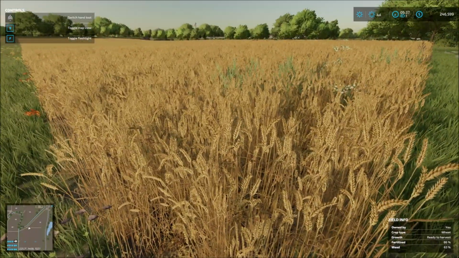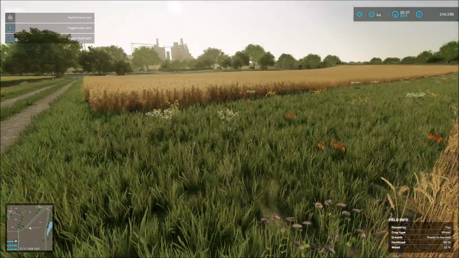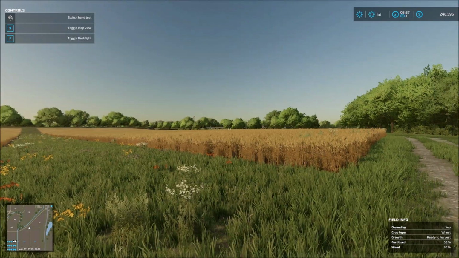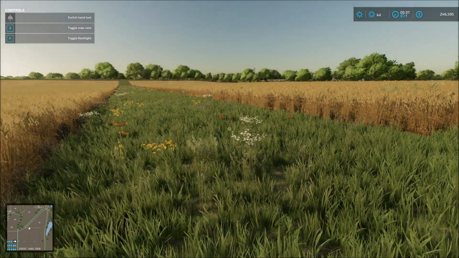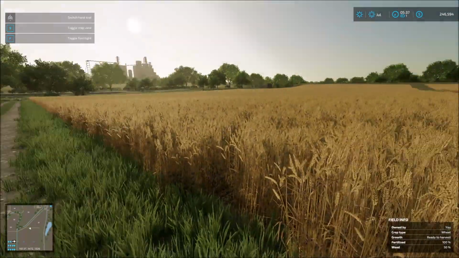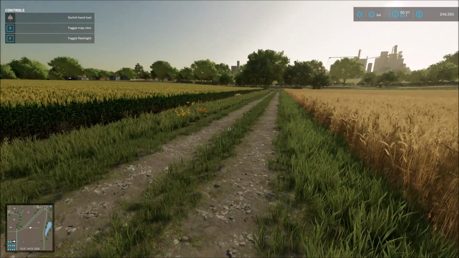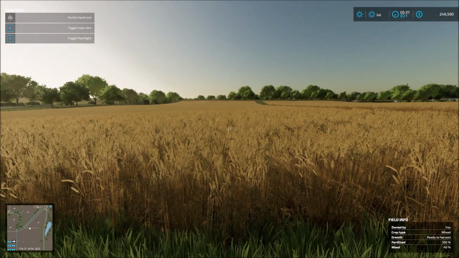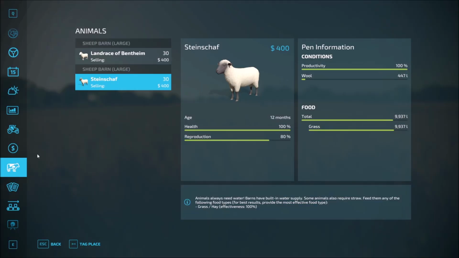So yeah, there you see it. You can see that we are ready to harvest on both of these maps. Of course, our greenhouses are just over there. You can barely see the tops of them, but they are working beautifully. All right, before we head over to the other farm for the sheep, let's actually pop back into the menu